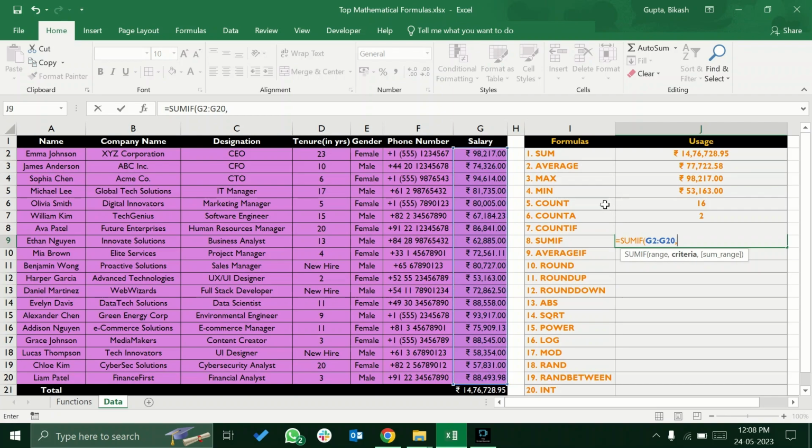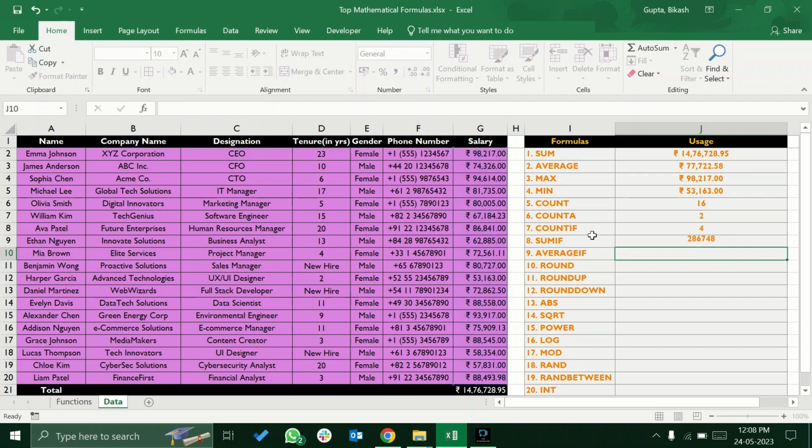What is my criteria? Let's say I want the sum of the salaries which are greater than 90,000. So my criteria is greater than 90,000